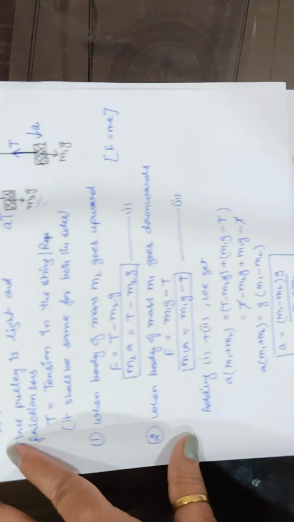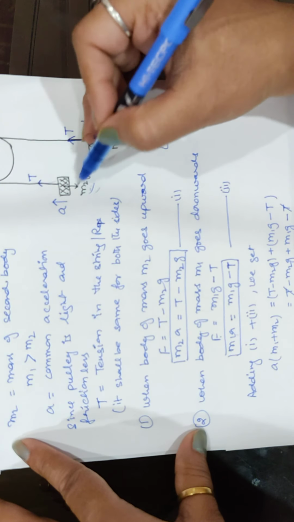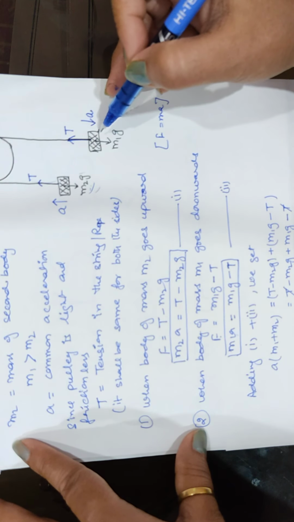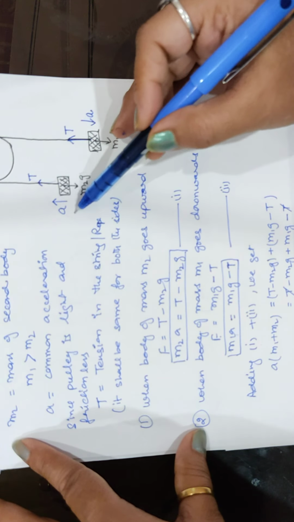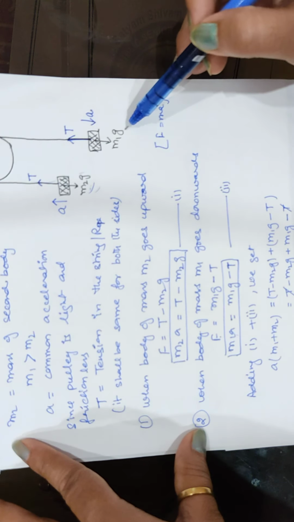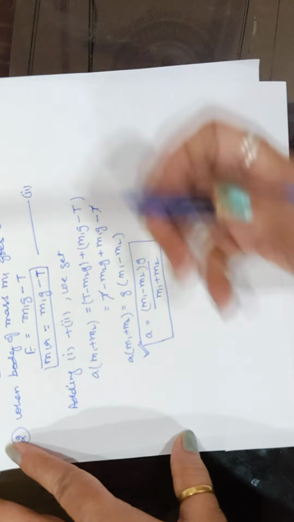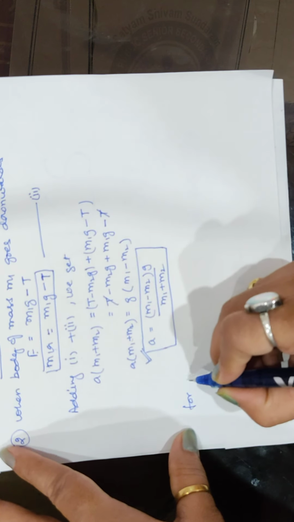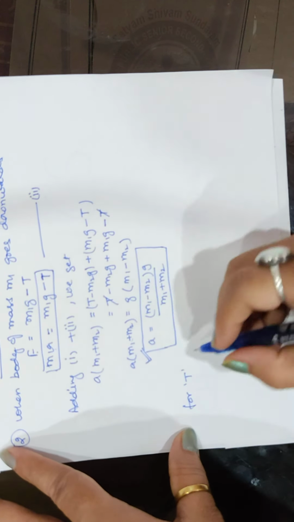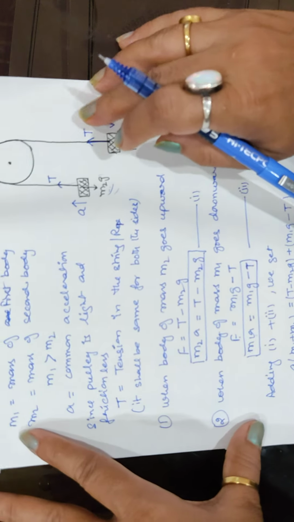Whenever the question asks what is the acceleration or the motion of the objects which are hanging on two sides of a rope through a pulley, so whenever you are asked what is the acceleration produced by these two weights, you can use this formula. Now for tension, further we can also do for T tension. If you want to calculate what is the tension produced in this condition, so to calculate the tension